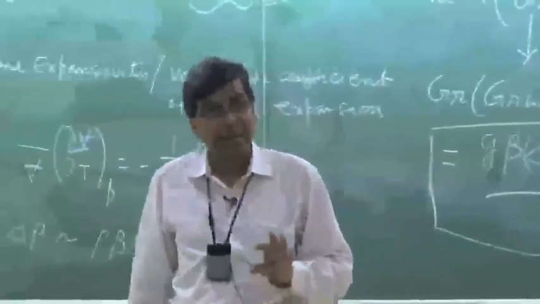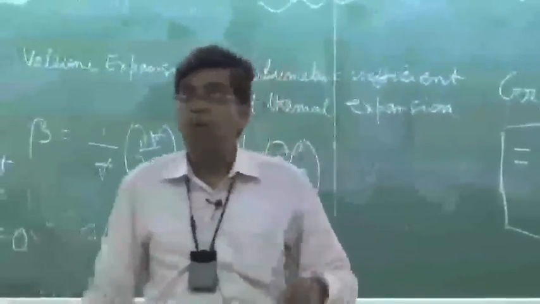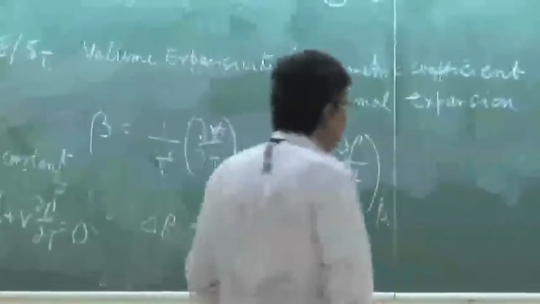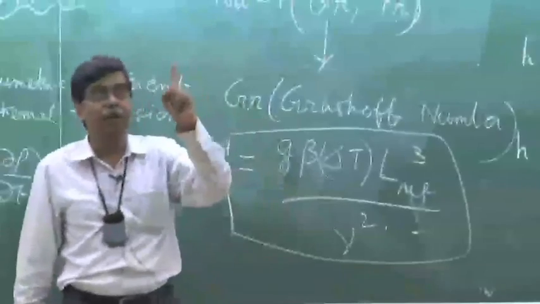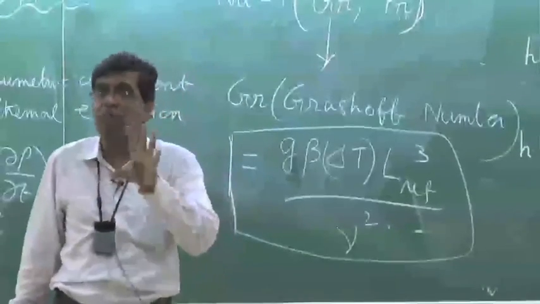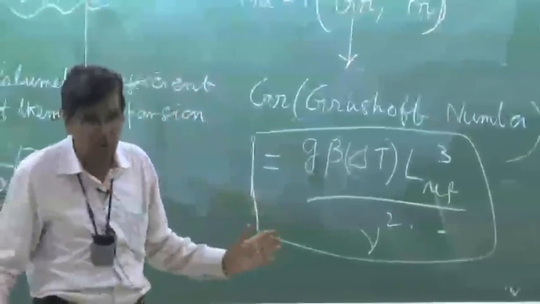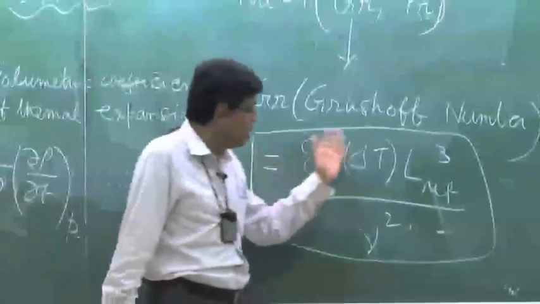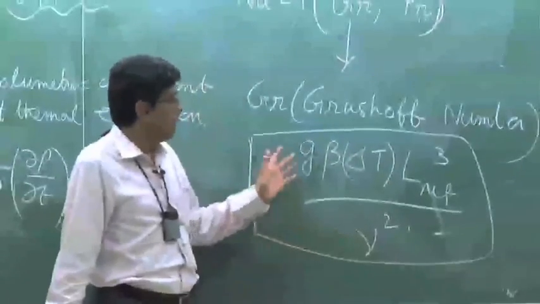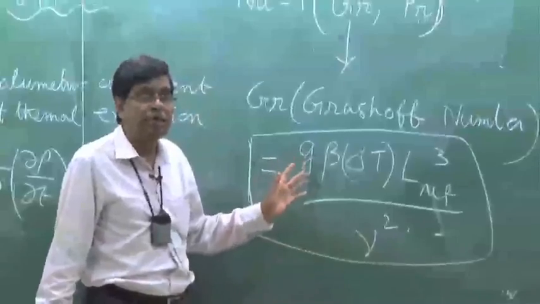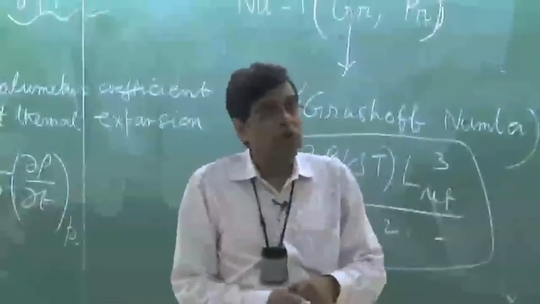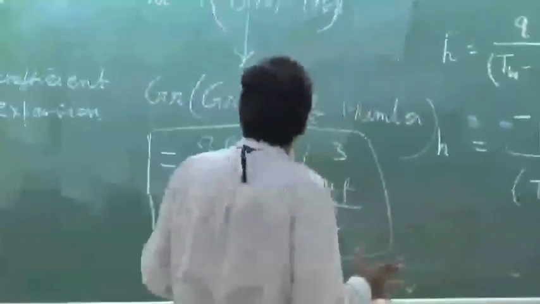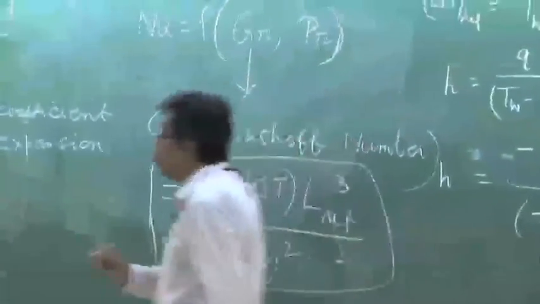square. There is a term like that, and where the inertia force is defined on a representative velocity scale, which will be derived from the buoyancy driven flow, that is the buoyancy force per unit volume. That I am not doing at the present moment in the introductory class. So this is the physical implication of the Grashof number, which is ratio of buoyancy force to viscous force, but not exactly so. So therefore the entire thing boils down to this fact, to know this dependence, that Nusselt number